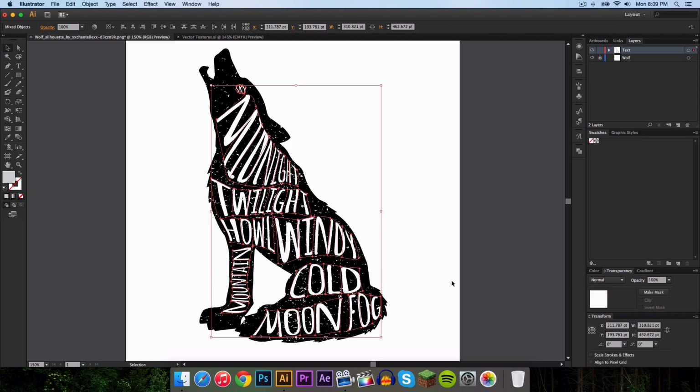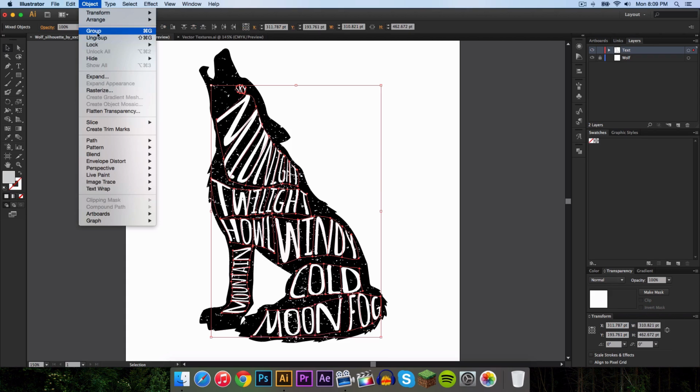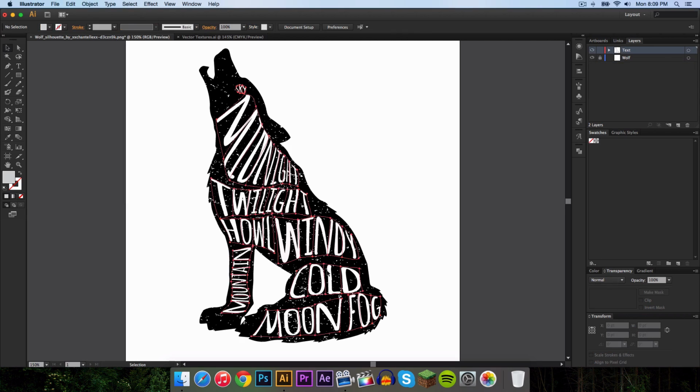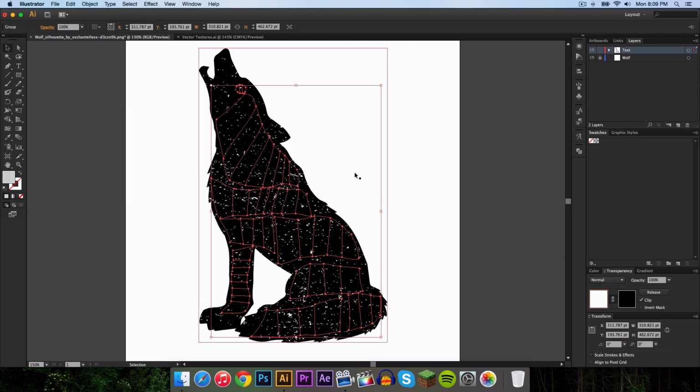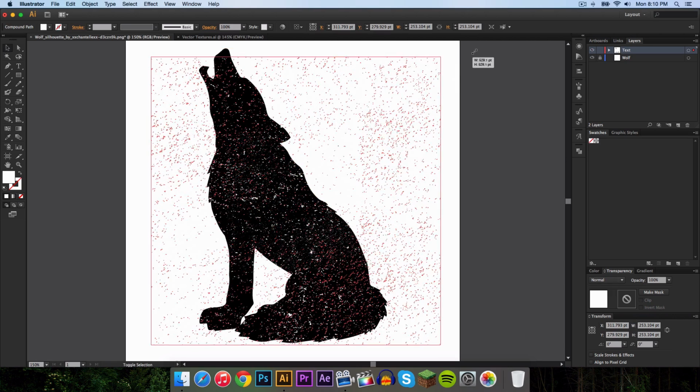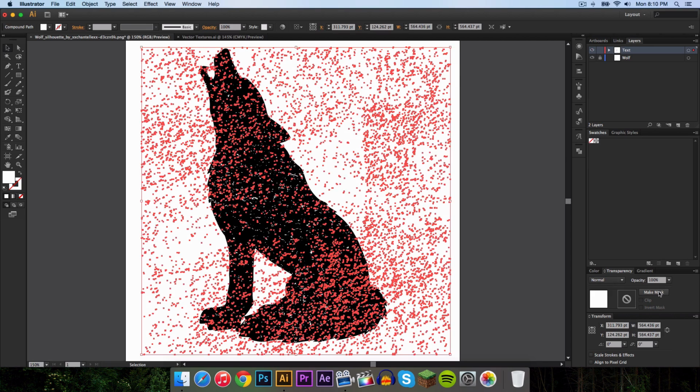Whoops. Hold on. I want to make sure I'm doing this correctly. Okay, object group. Okay. So now we make mask. Paste it in there, and then make this bigger. So make the texture bigger, and then go to make mask.